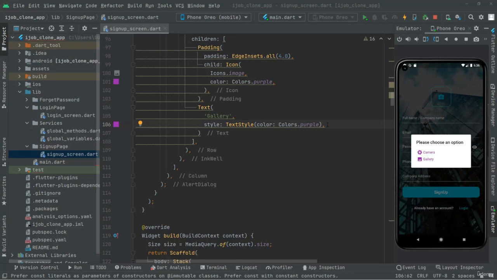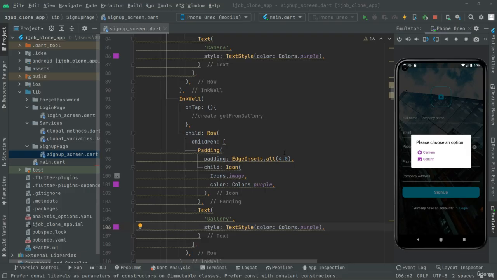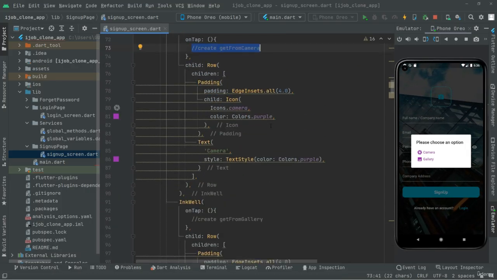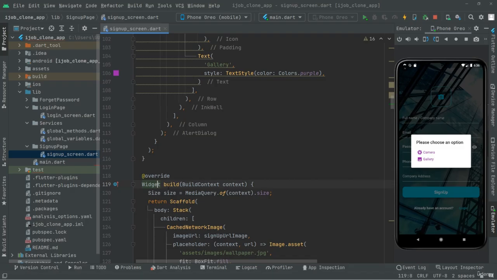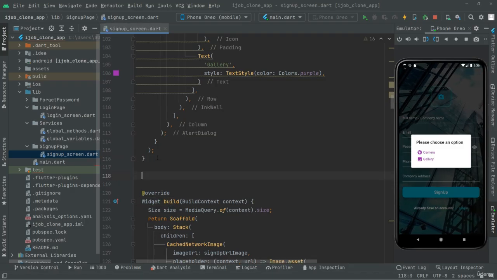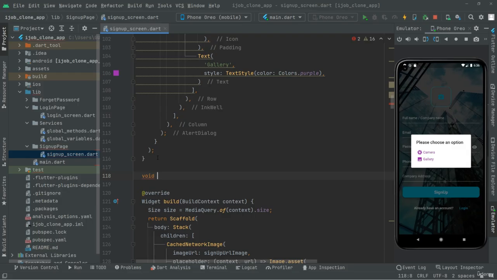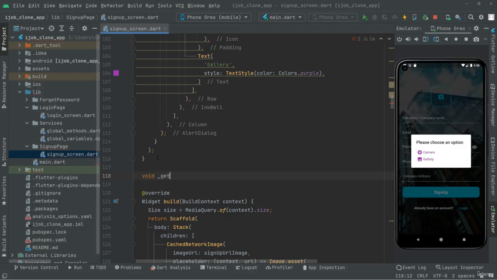So let's go and start working on the methods. The first one that we will create is for the camera. So above the widget build, right down in here, we will say void, and let's create it, and we're gonna make this private. So in here, getFromCamera, this will be asynchronous,